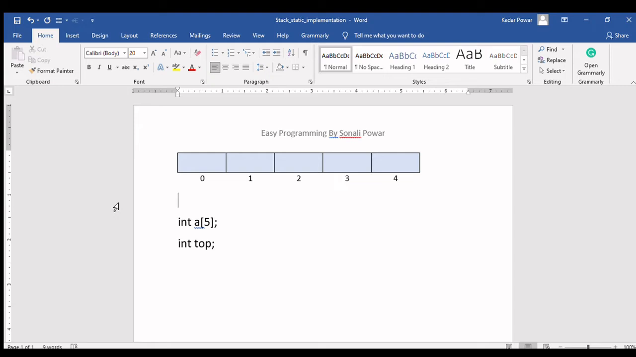As you know, when you push an element, it is going to be inserted after the top. And if you want to delete or pop an element, we are going to delete the top element. So we must keep track of the top element. For that, I have taken one variable, int top, which stores the index of the top element. This is the structure of your stack. So you can put these two variables inside the structure